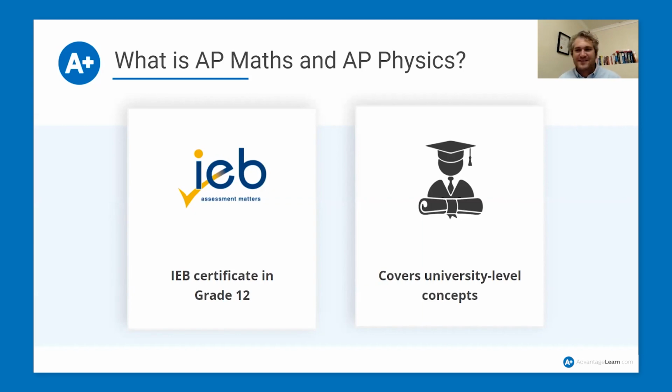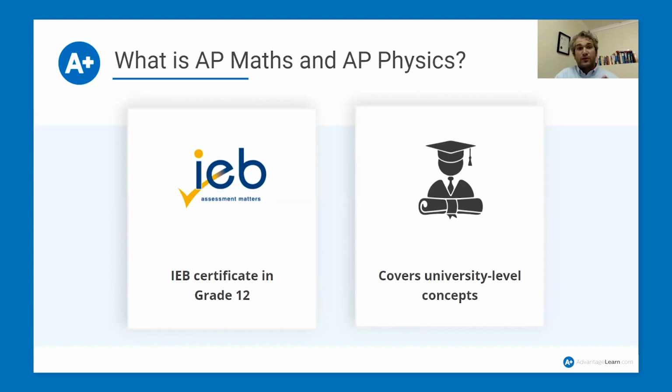Advanced program maths essentially covers the same domains that additional maths covered back in the day, but it is now a separate certificate, an additional qualification that learners can study towards, whether you're at a state school or a private school. It is open to learners from both fraternities of schooling.